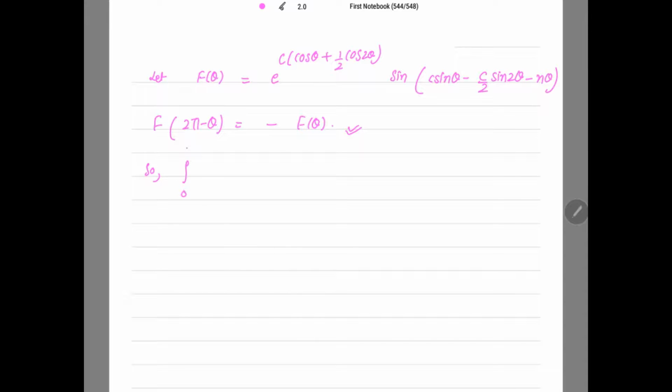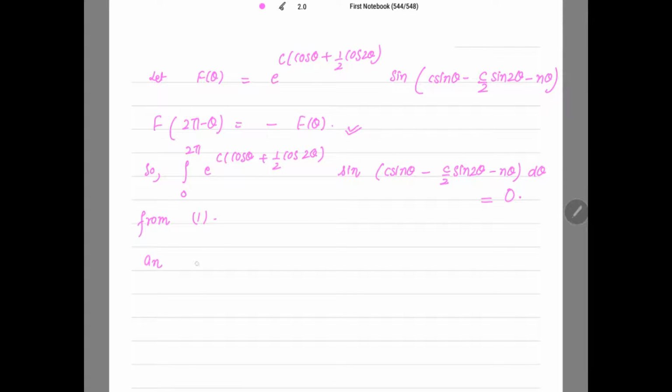The second integral, the integral of e raised to the power c cos theta plus 1 by 2 cos of 2 theta, times sine of c sin theta minus c by 2 sine of 2 theta minus n theta, d theta. This whole integration is equal to 0. So from 1 we get